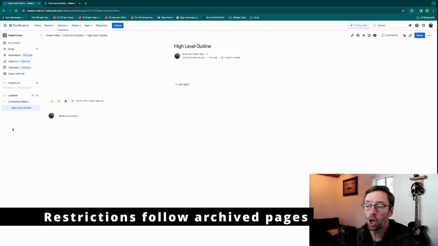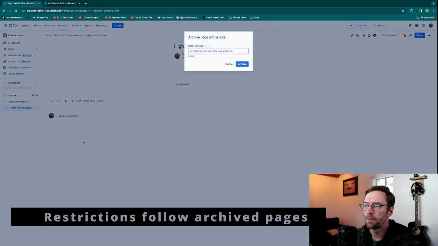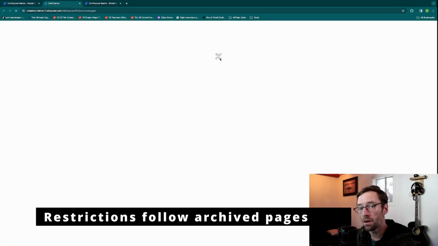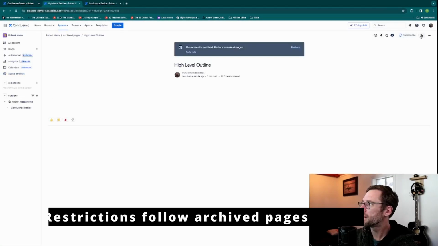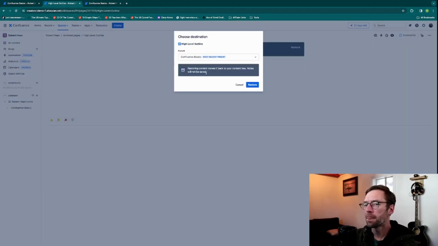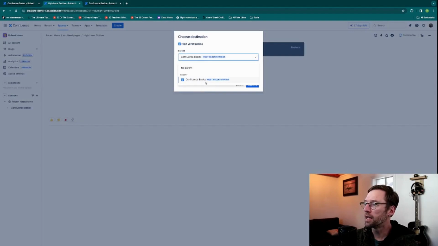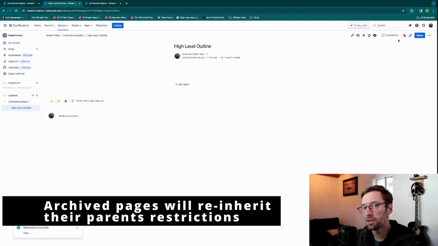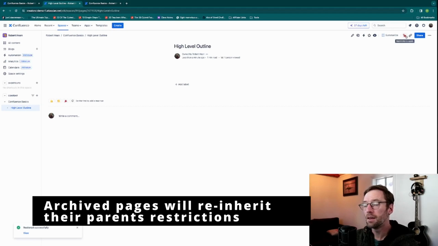Now, if a page becomes archived, we can view it in the archive, and we'll see that it does have restrictions on it. For example, anyone in the space can view, but only some can edit. If I go to restore this page, it will put it back into the tree where I would like it to go, in this case, back to the same parent. And if there are additional permissions, they'll inherit down. In this case, we can see that red lock icon again,